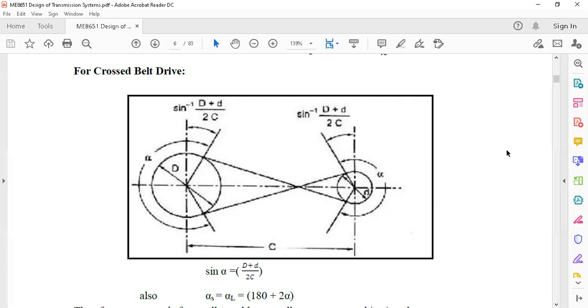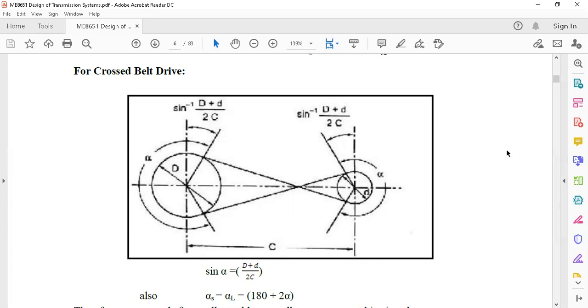Otherwise, if you're solving a problem, we can generally take the data book and solve it from the data book. These formulas are available in the data book itself. On page number 7.58 in the PSG data book, the total formulas for open belt drive or crossed belt drive, everything is given. But in an exam or other competitive exam, they never give such data. Generally they give the center distance and the diameters, and every data on their own.